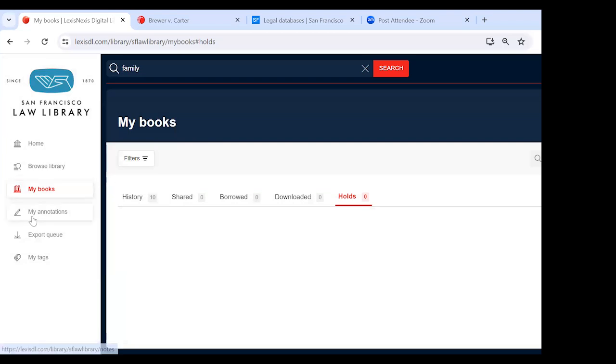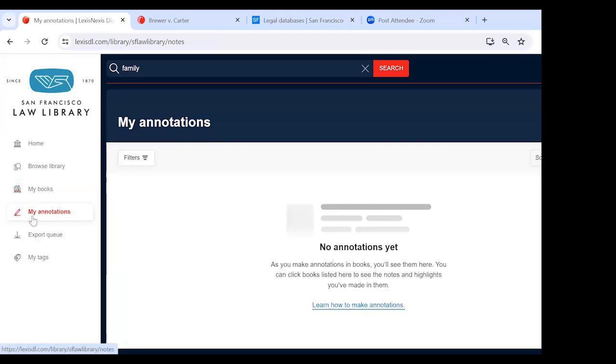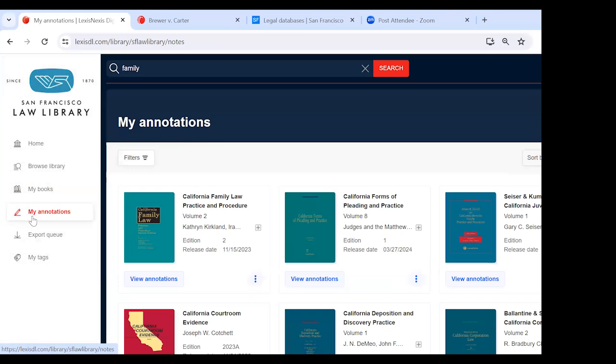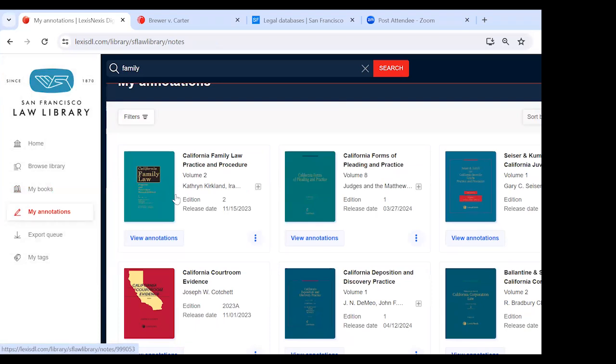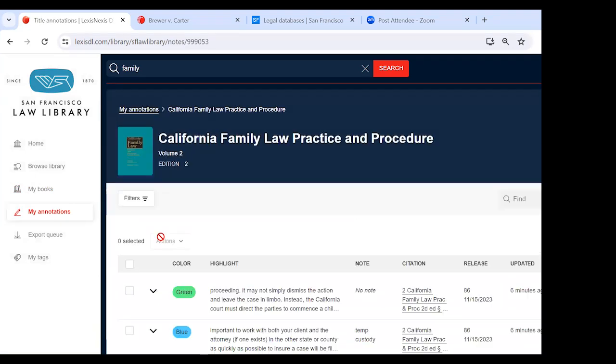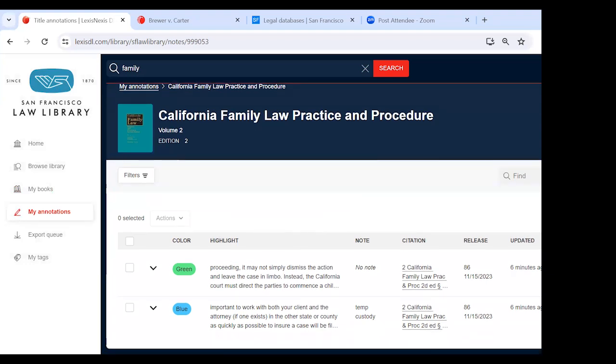Lastly, I want to talk about all of your notes and highlights. I mentioned that your notes and highlights are available from multiple spots within the digital library. So if we click on My Annotations, you'll see that it breaks it down by volume. So the most recent ones will be the first thing you see here. If I click View Annotations,